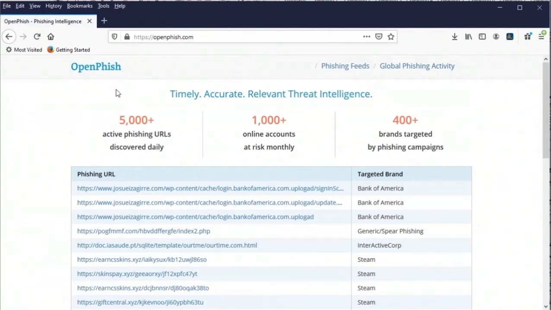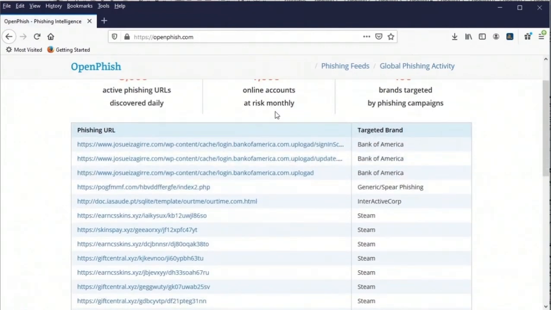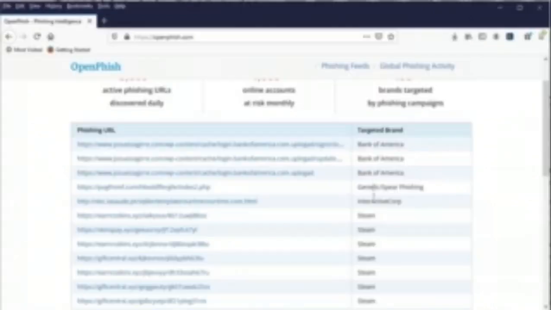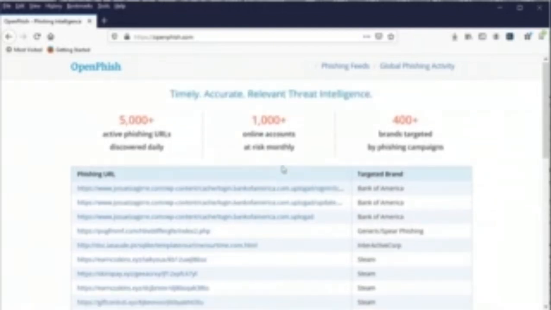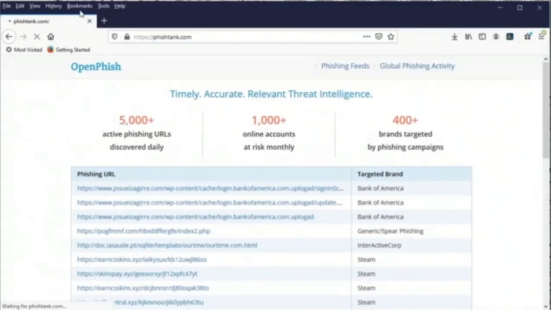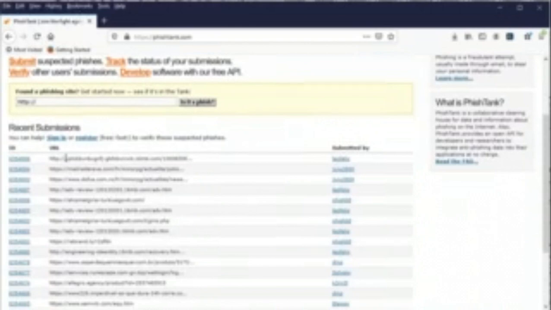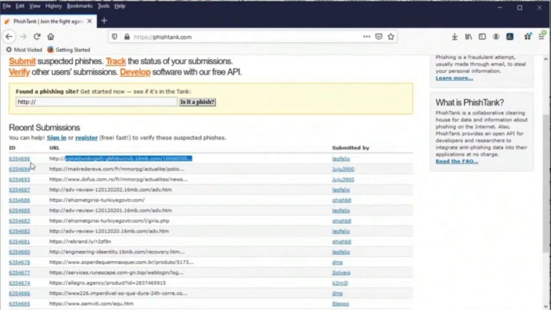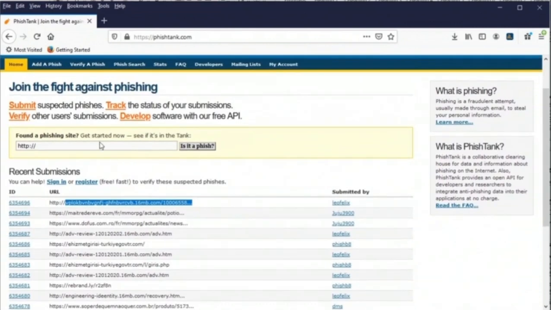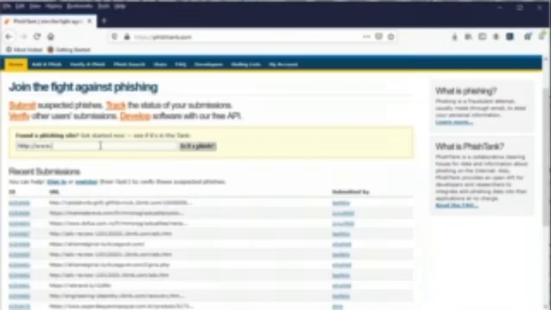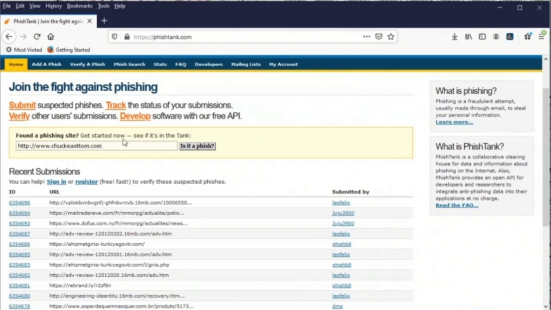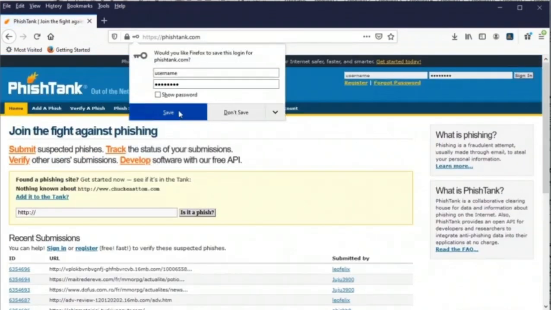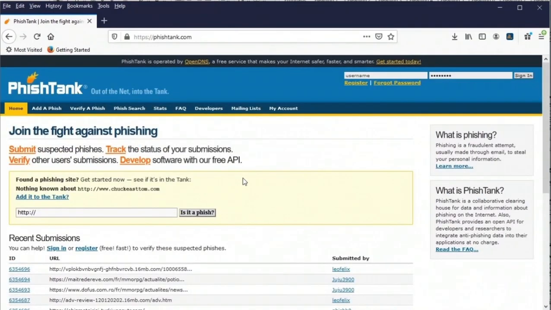Now, if phishing is your concern, we have a few websites here. Openfish.com. This gives you accurate, relevant threat intelligence regarding phishing, and there are some specific URLs going around right now with the specific targets. So this is a great way to keep up with what's happening in phishing. We have another similar site called fishtank.com. This is a great source to get the most recent phishing scams, who submitted them, the ID, find out all you'd like, and if you suspect a website, let's put mine in there, we can check and see if that's a phishing site. No response to it. So, those are phishing sites.